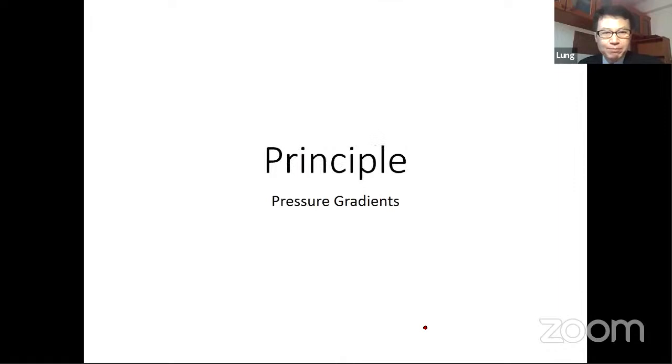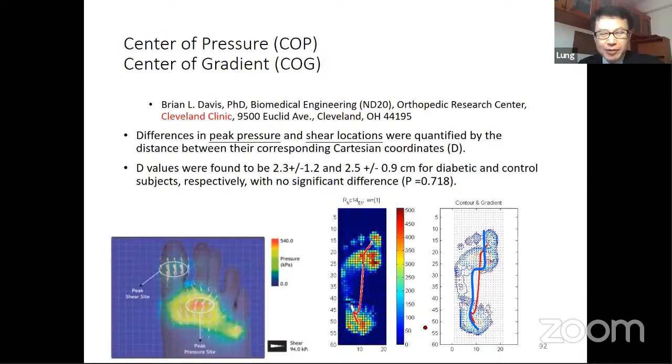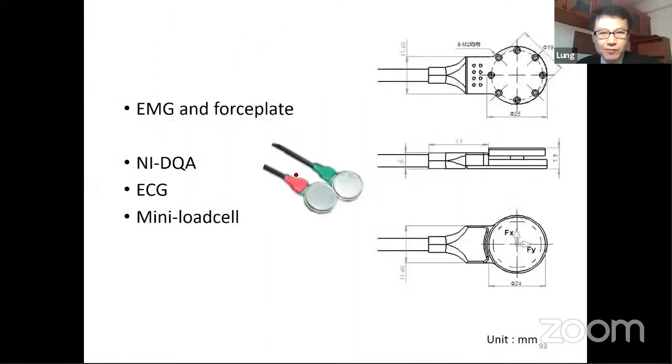The second one is the pressure gradient. The important point is that when we are walking, we have the vertical force. We also have the shear force, shear stress. The shear force is easy to detect with an instrument, but it is not complete. Why? Because, for example, like this one, this is the shear force. People walk on it, and they have loading on it,